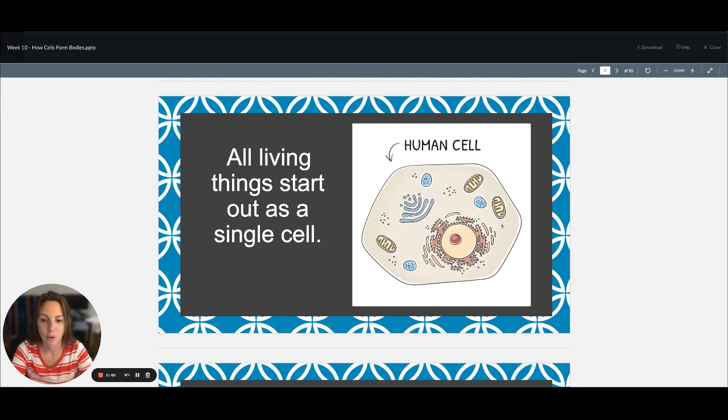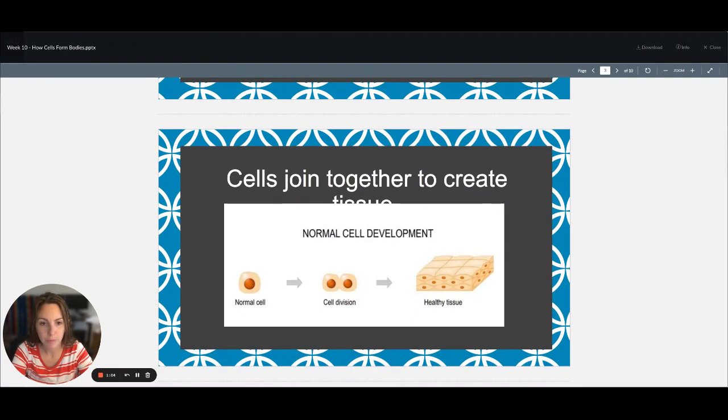But when we're talking about human development in particular, all humans begin as a single cell. What happens is the sperm and egg join up together, and though those are two cells, they combine to form a single cell. Then those cells are going to start dividing. So this is happening in a pre-embryonic stage. So we're just going to have some cell division, and that cell division is going to be pretty rapid.